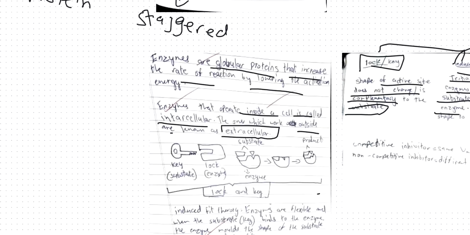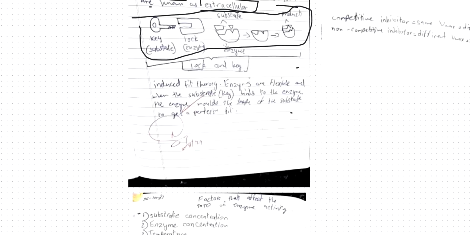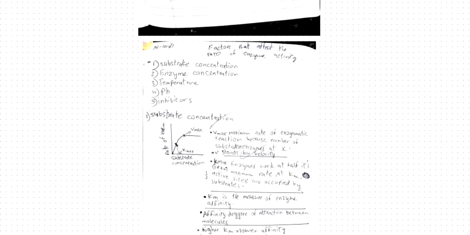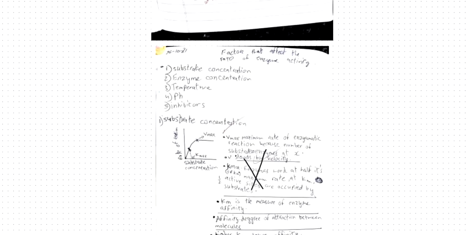Yeah, so this is what I was talking about, the lock and key mechanism. And I told you what induced fit was. And I don't think you need to know a lot about this, but the factors you need to know are the factors which affect the rate of enzyme activity. So there are 5 different factors. The first one is the substrate concentration. What this basically means is that